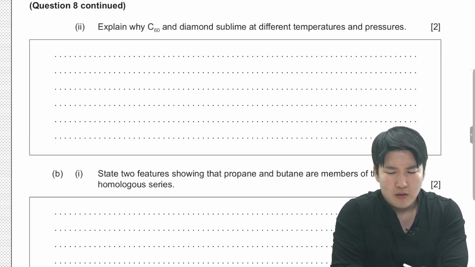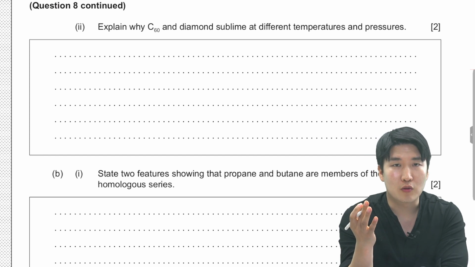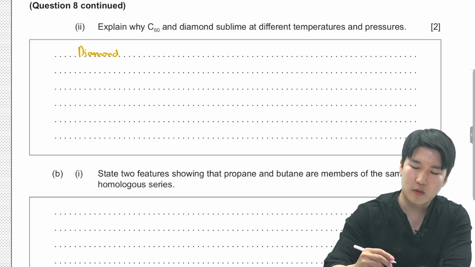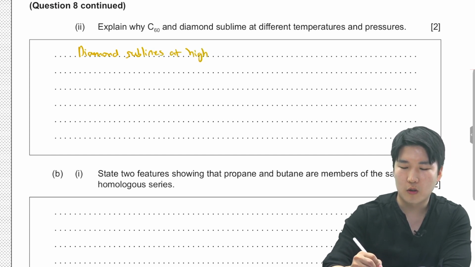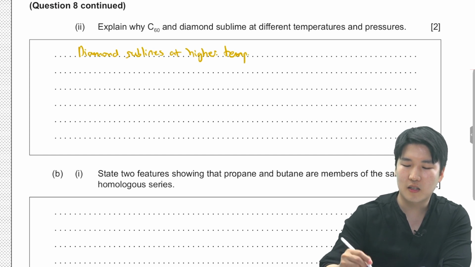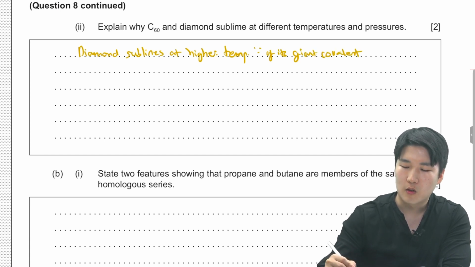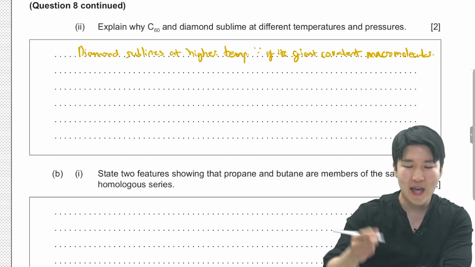Diamond sublimes at a higher temperature than C60. Why? Because it's a giant covalent macromolecule. Diamond sublimes at higher temperature than C60 because of its giant covalent macromolecular nature,